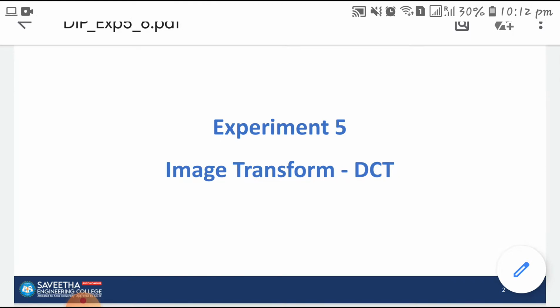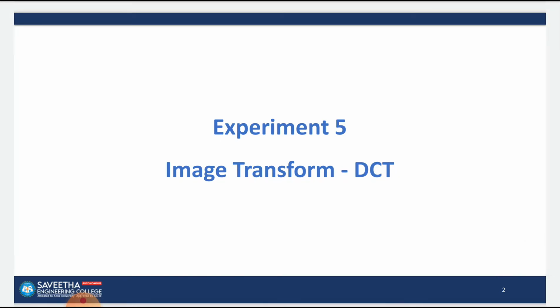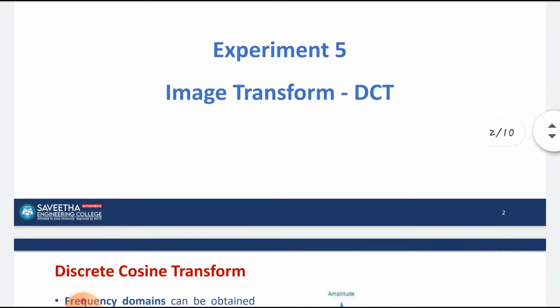In that, you would have studied Fourier transform, Laplace transform, Z transform, and so many transforms. Any transform is used to convert the given data to a different domain so that we can get a better understanding of the data. The data can be a signal or it can be an image. For images, we generally go for discrete cosine transform.